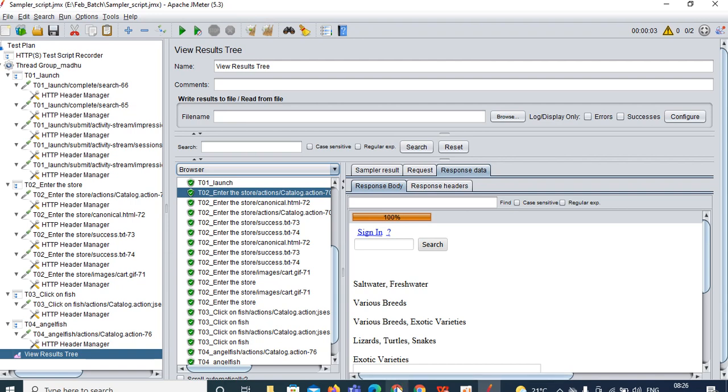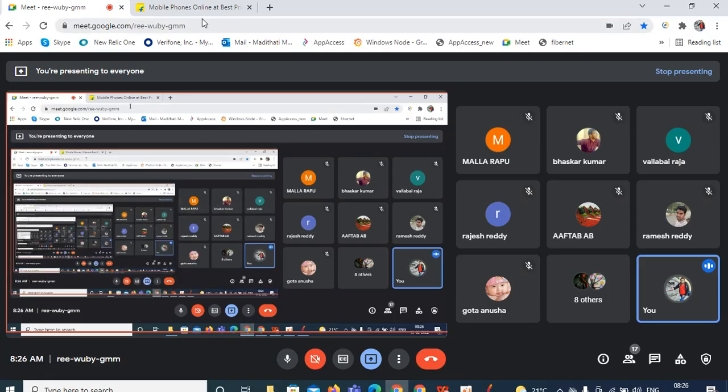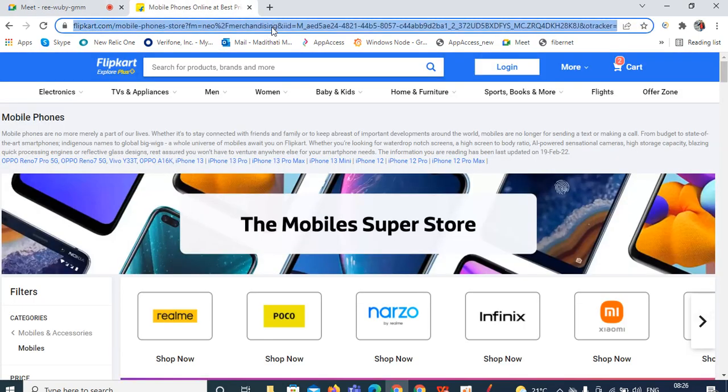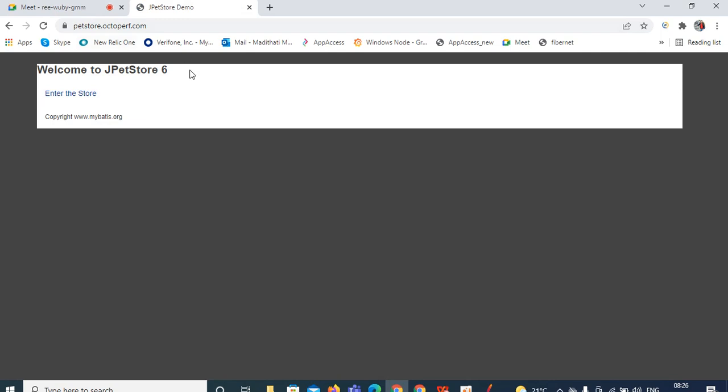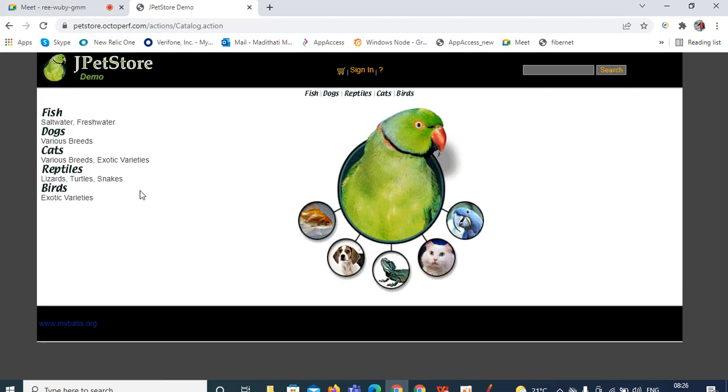Whenever you click on enter the store in the JPetStore, let me open the pet store quickly. Okay, the pet store is launched here. After clicking on enter the store, where have you landed? You have landed on the page where you can see sign in, the search button, salt water, fresh water, various breeds.